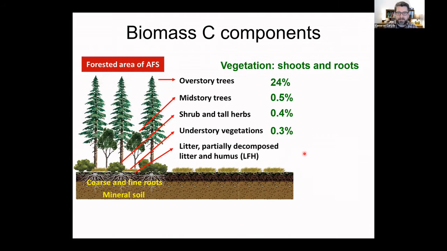And so we did divvy up the above ground biomass into different components. What you can see here with these numbers is that we estimated the amount of carbon sitting in trees and the different layers of vegetation within those systems. And the vast majority of the plant biomass is indeed sitting in the trees when we look at the areas where trees are present. If you compare to the previous slide, these numbers are a little bit different, simply because they're coming from two different data sets.